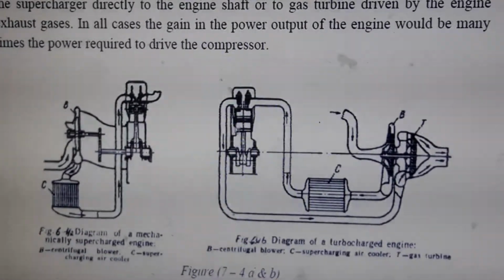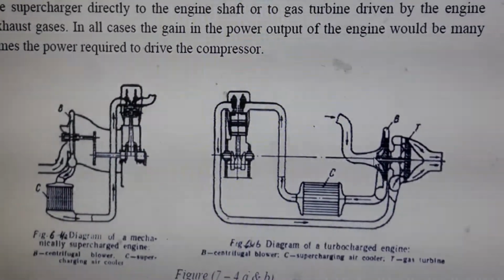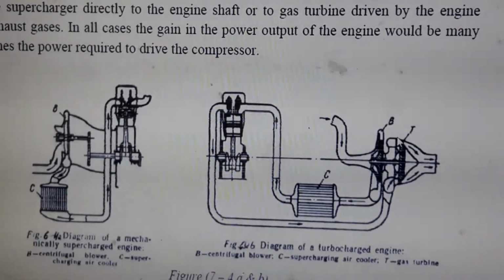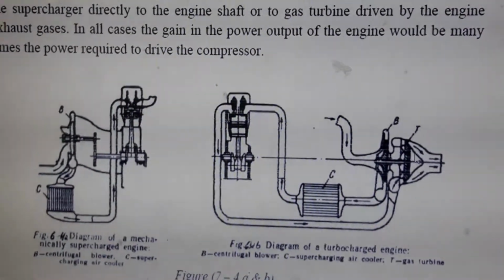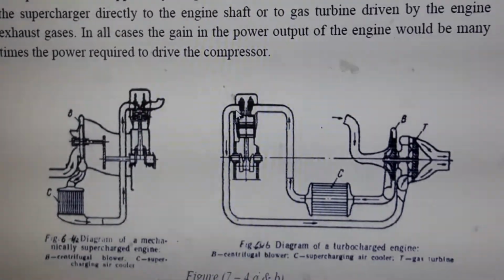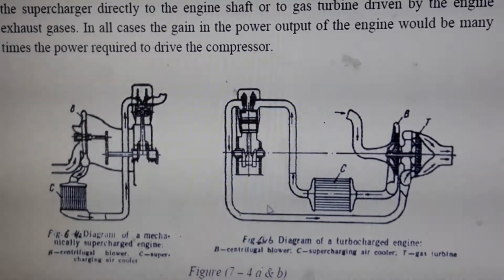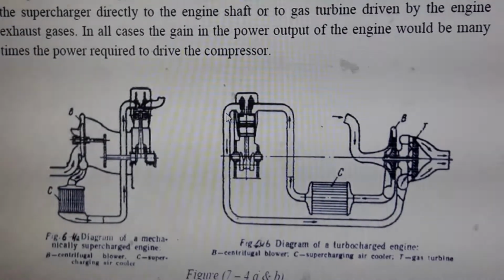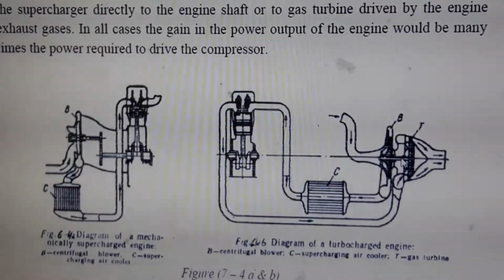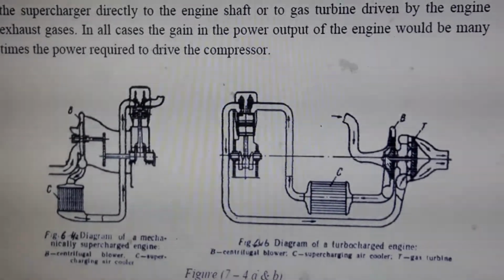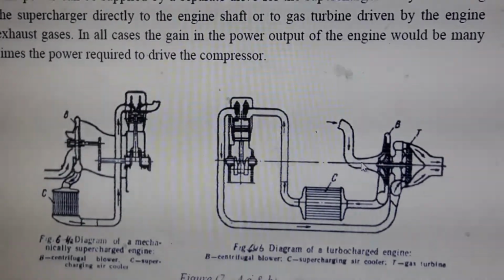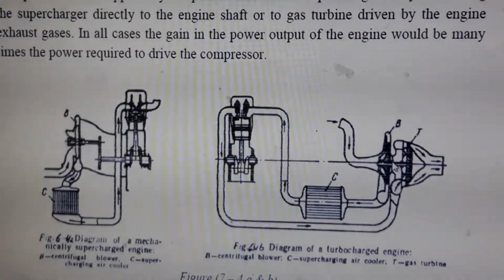Now this is the arrangement of turbocharger. So in turbocharger we have turbine. This T is the turbine and B is the compressor. Again in turbocharger the exhaust gas from engine is used, or the energy of exhaust gas is used to develop the additional power, and the compressor which is mounted on the shaft of the turbine is operated with the power